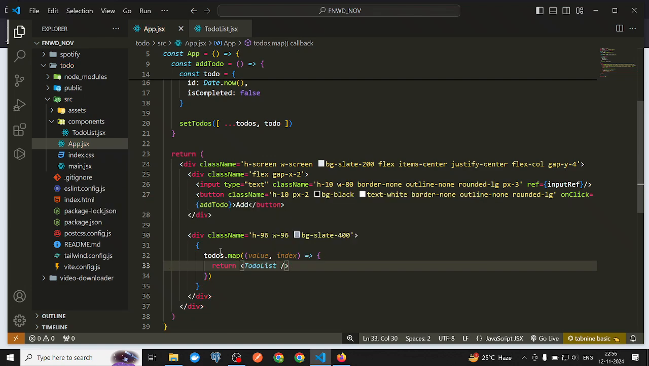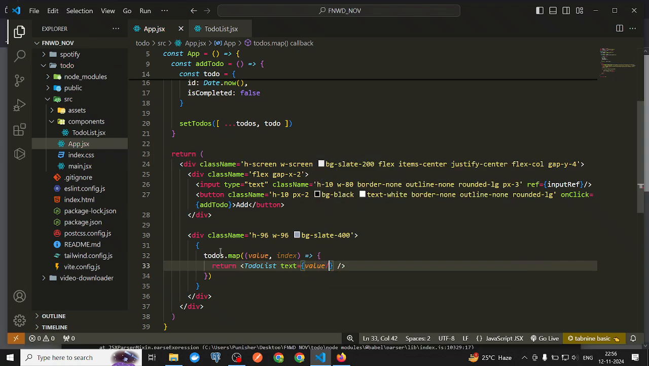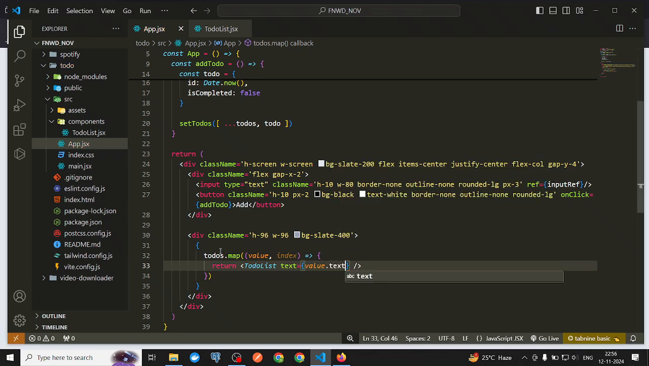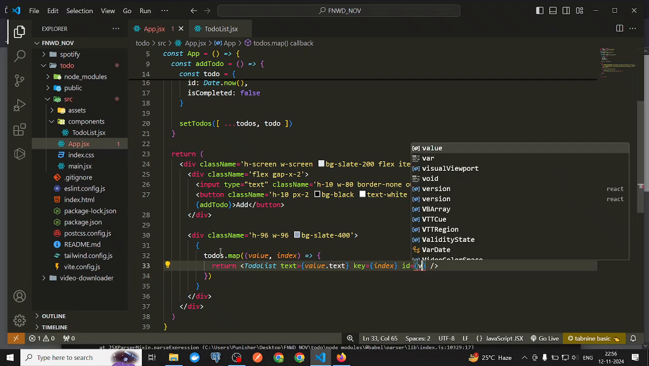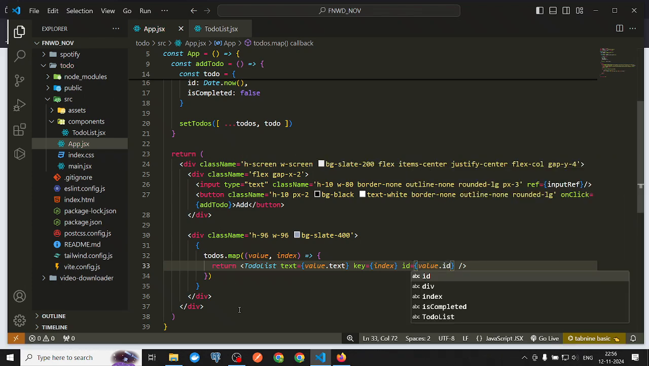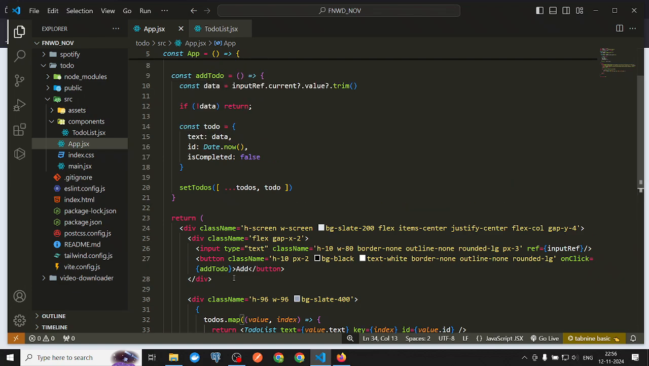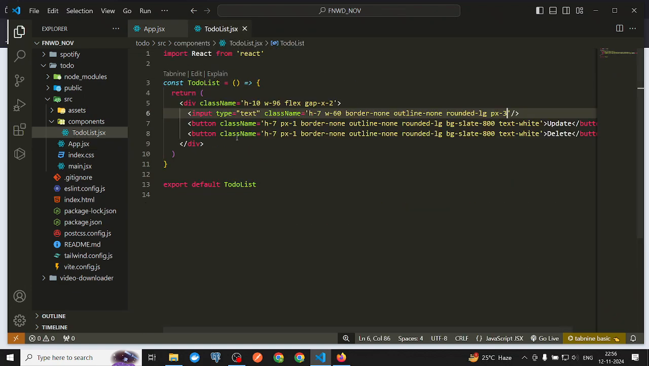and inside the todo list I should pass the text, and the text will be value.text. Also I should pass the key, and the key I should provide index as a key, and also I should send the id from here, right? And the id will be value.id, right? That's great. Okay, now I should go inside the todo list,